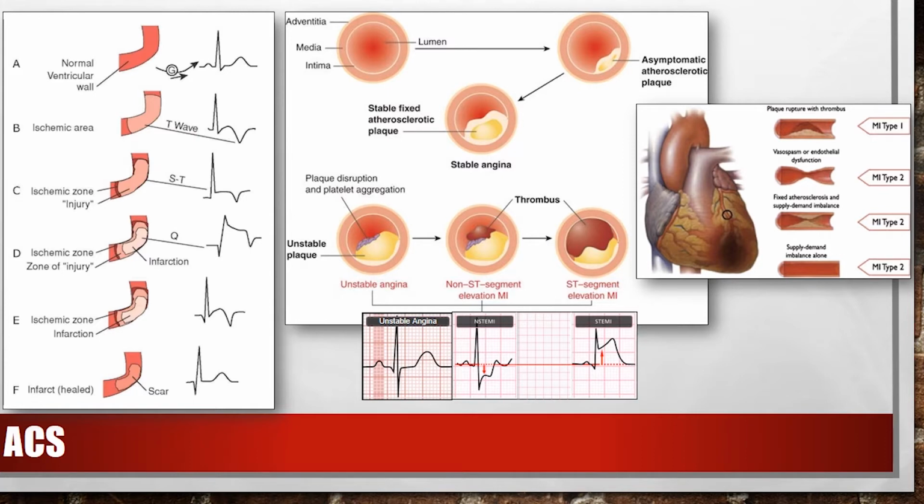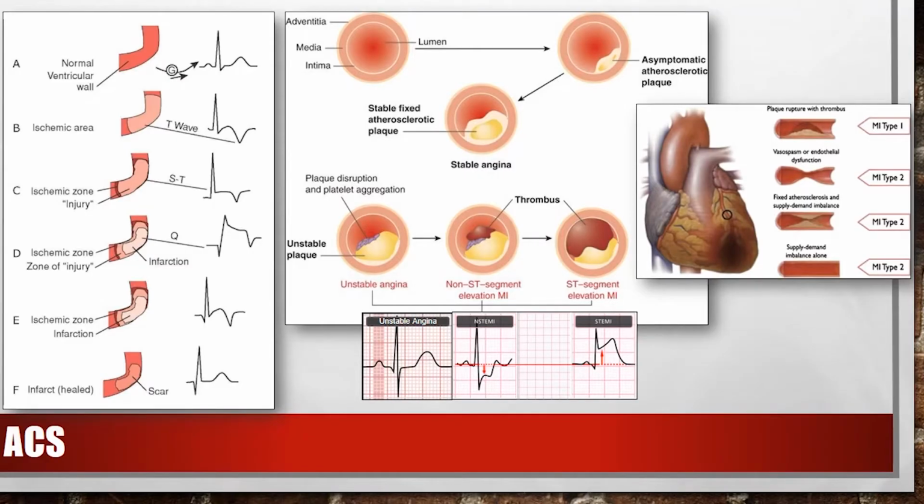All right, these are the various forms of ST changes that you can see on an EKG. They generally progress in this order. So you start out with a normal QRS. There is no Q wave at the start of the QRS. Please note that. Then the patient becomes ischemic. The T wave inverts. Then the vessel completely occludes and you start to get ST elevation. And then that infarction completes.